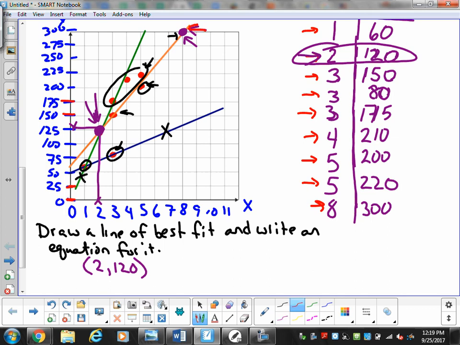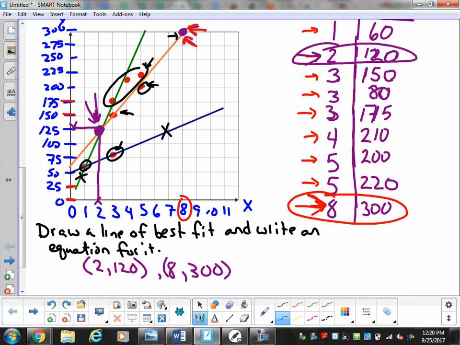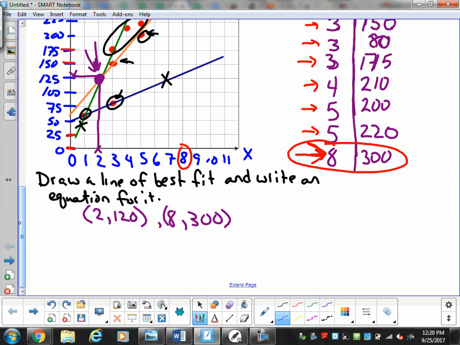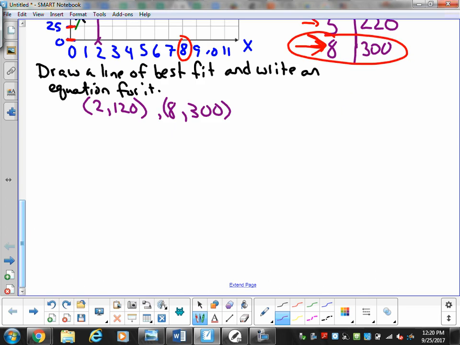My second point up here at the very top, we know is at 8, and so the only one at that spot is 8 and 300. So my second point is going to be 8 and 300. So from our time together last week, if you were given 2 points and you were told to